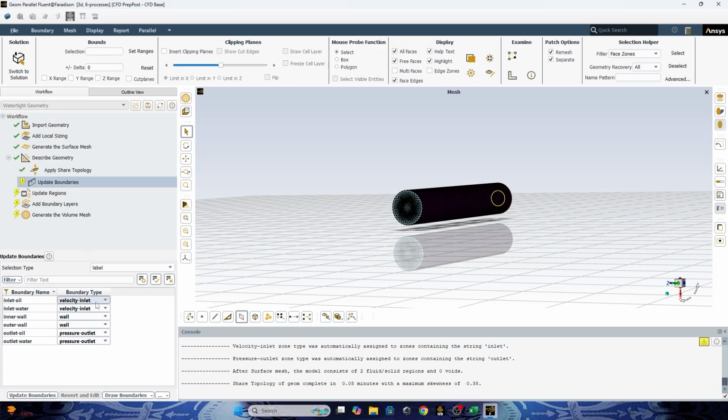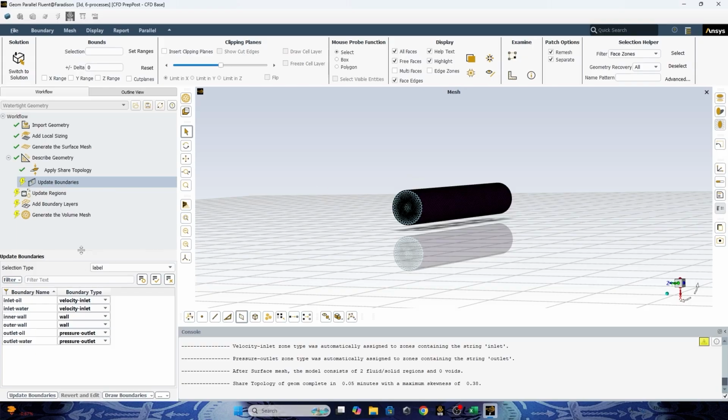Because the inlet we will use is mass flow, you can choose here mass flow inlet and mass flow inlet. Actually it's okay if you want to stick with velocity inlet, because you will redefine it when we do the setup for our heat exchanger.